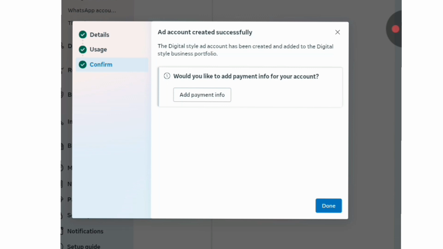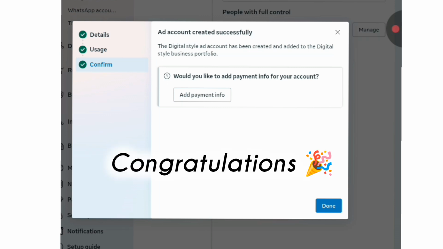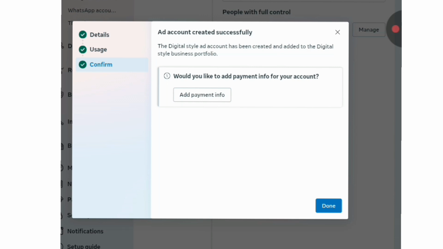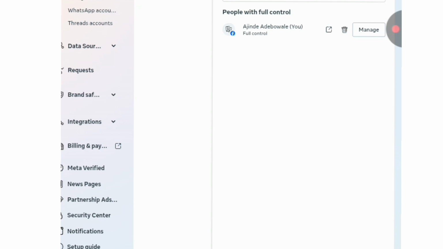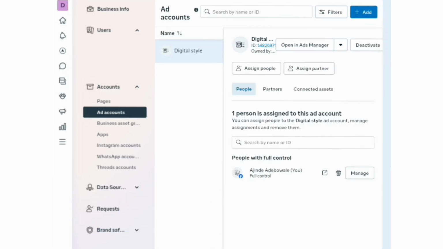And that way, our ad account has been created. So to be truthful, another thing we have to do now is to add our payment option. All right, so right now, you just have to press that one. And guys, now that we have created our business portfolio and our ad account, the next thing we are